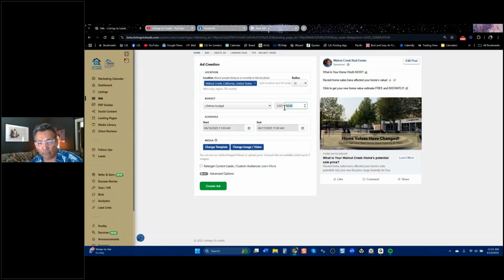Now we're doing a $50 ad because this is designed to capture seller leads. And so we put the budget at 50 instead of 35 for buyer leads. But here's the thing about this. You remember how I said you could run an ad on a home that's sold and those leads cost about $7 each? When you run an ad like this on a home valuation landing page, these leads cost about $15 each. Okay. So if you're running a $50 ad with this kind of landing page, expect 3 leads. If you run an ad on a sold property, you expect 7 leads for the same $50. Still a 7-day ad. That's how it works.